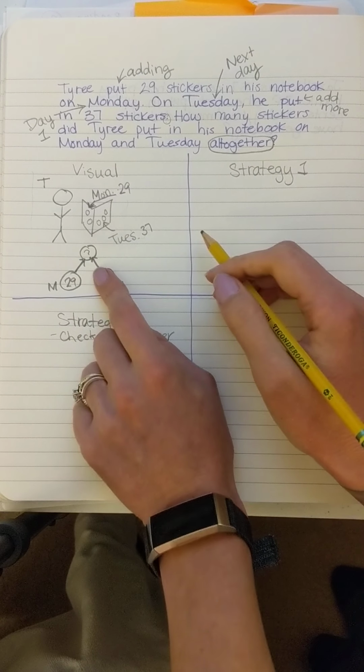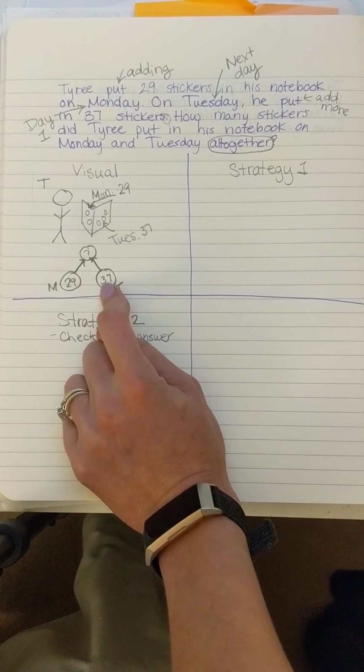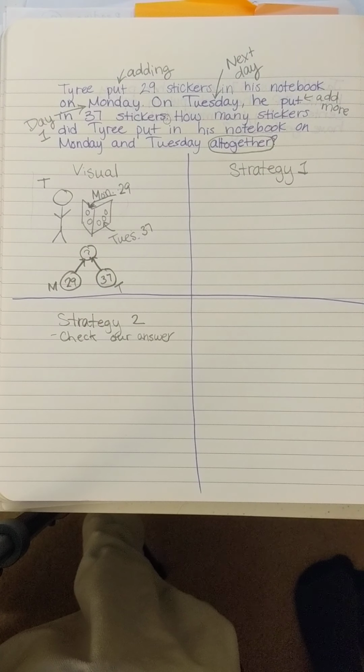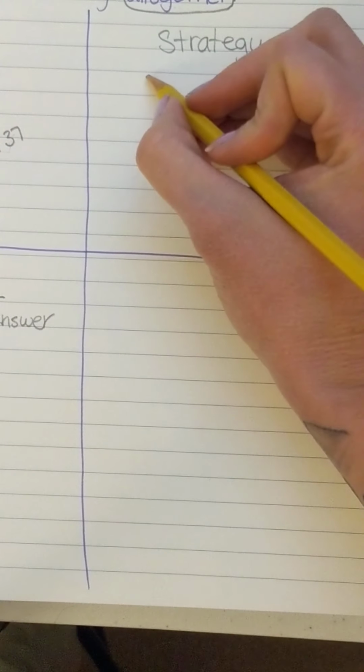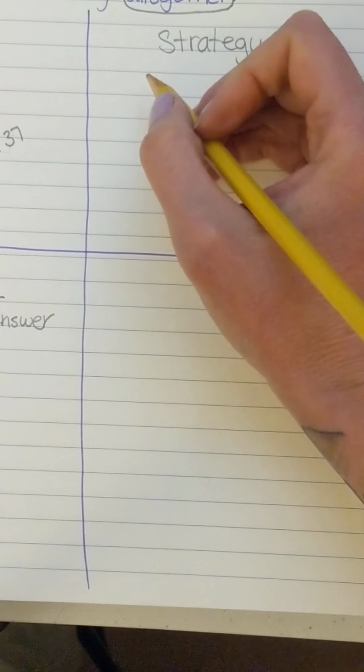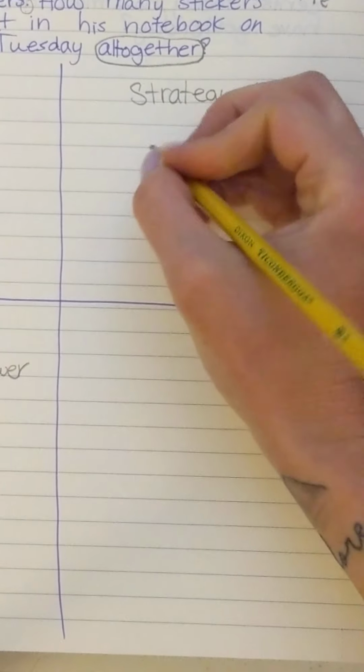Okay, now when I solve and I add, I really like to use the strategy where we take, let me zoom in a little bit, where we take the 2 parts and we draw them out into tens and ones. I'm also going to write a number sentence. So I look over at my number bond. We're going to take 29 plus 37, because those are my 2 parts, equals